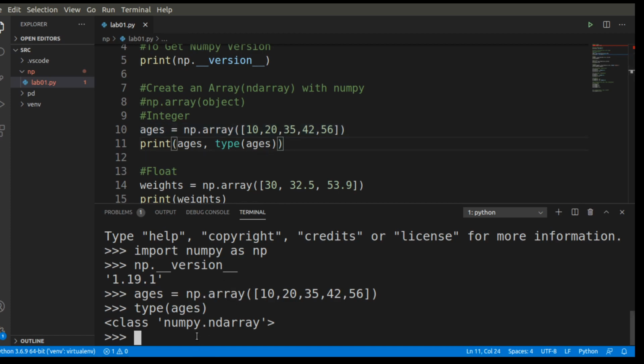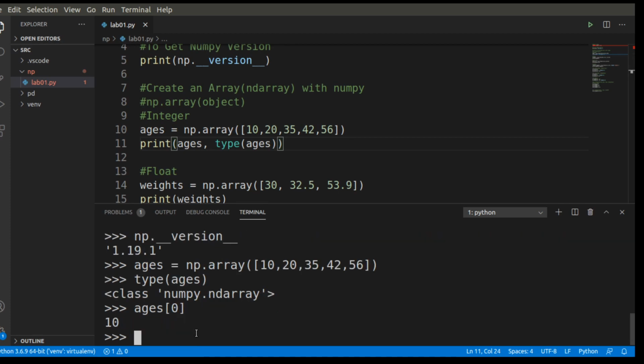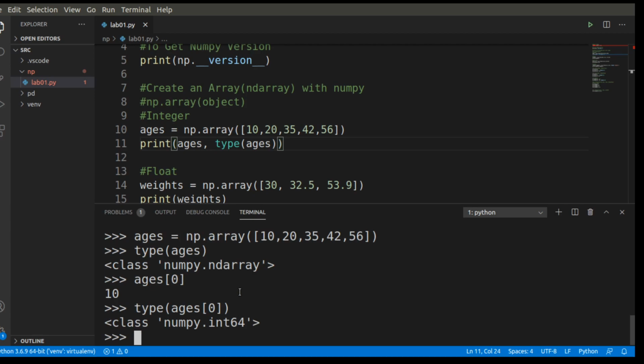Okay, you have created one array. How to access those values? You can simply index by using ages[0], ages[1], ages[2], ages[3], and ages[4]. Similar way you can access it from the backside: ages[-1], ages[-2], -3, -4, -5. This is the accessing from backwards. We created a NumPy ndarray by using int data types. So let me check the type of element 0. You can see numpy.int64. So all the data types will be numpy.int64, numpy.int8, numpy.float32, numpy strings, like that it will be.